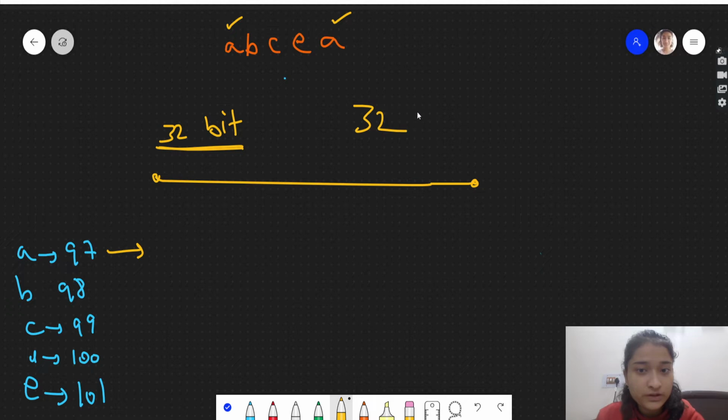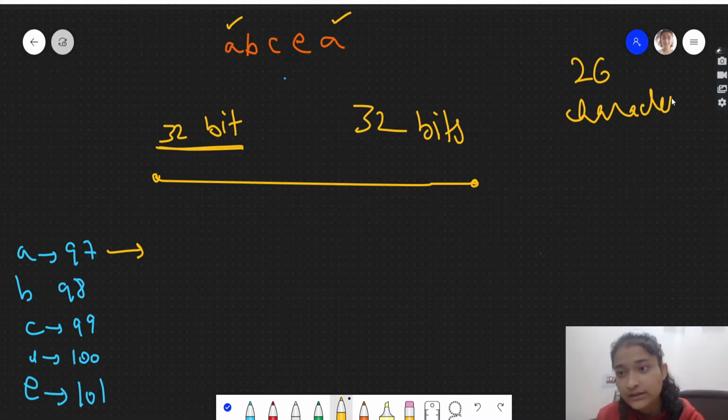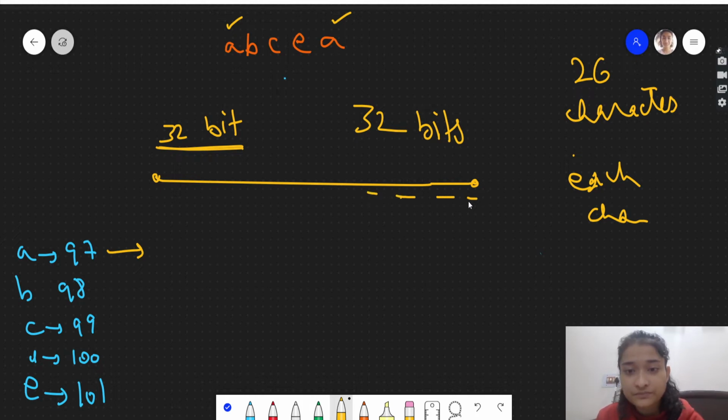There are 32 bits all in all, and there are 26 alphabets, so 26 characters. Can we do something so that each character will be represented by one bit in the 32-bit number?